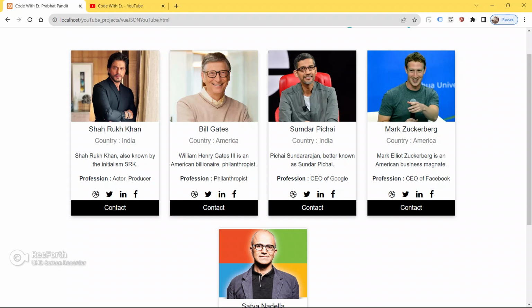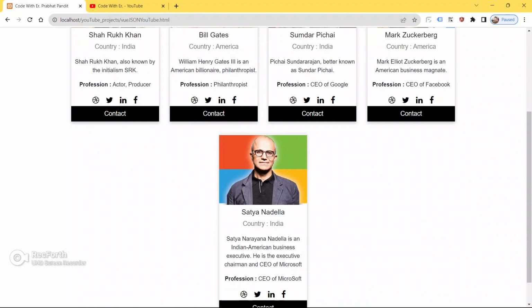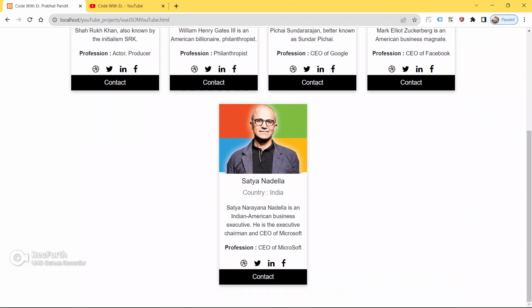Okay, so guys, whenever you click on the button contact, you will see a pop-up, and in that pop-up you will be able to see all the details, all the information about the users. So let me click on the button contact one by one, then only you will be able to see all the details about the user in that pop-up. Here I am gonna use a Sweet Alert pop-up as well, so I will explain how to use Sweet Alert pop-up in this session as well.